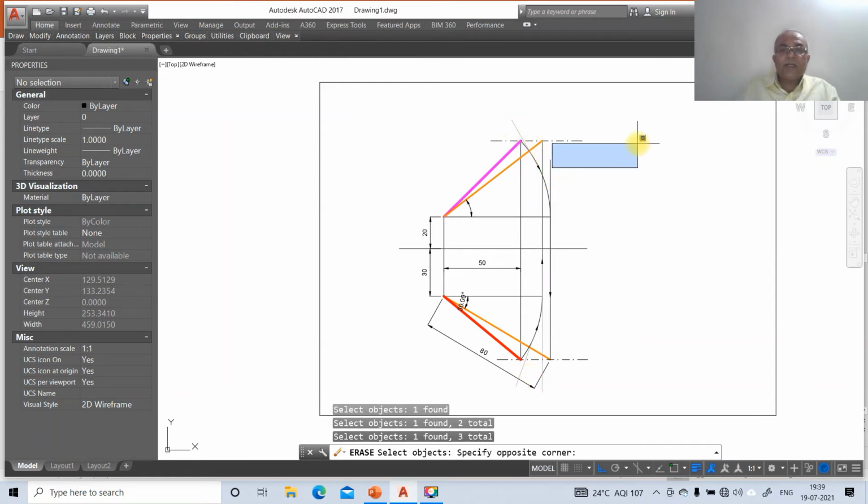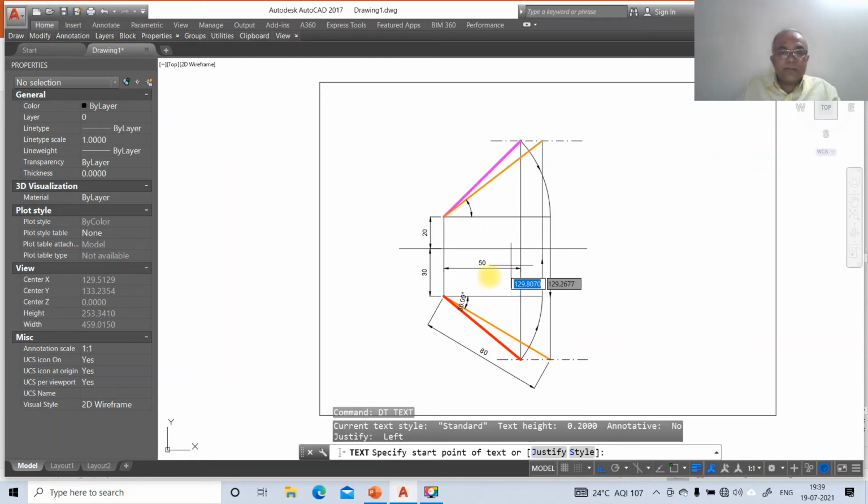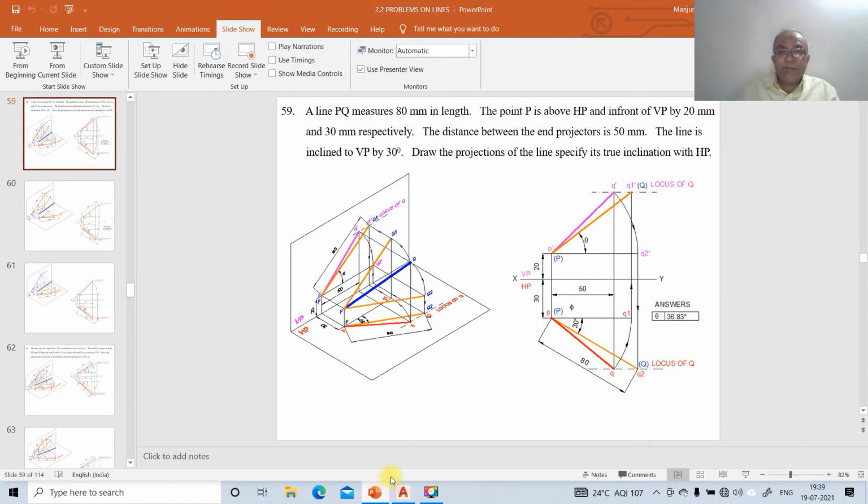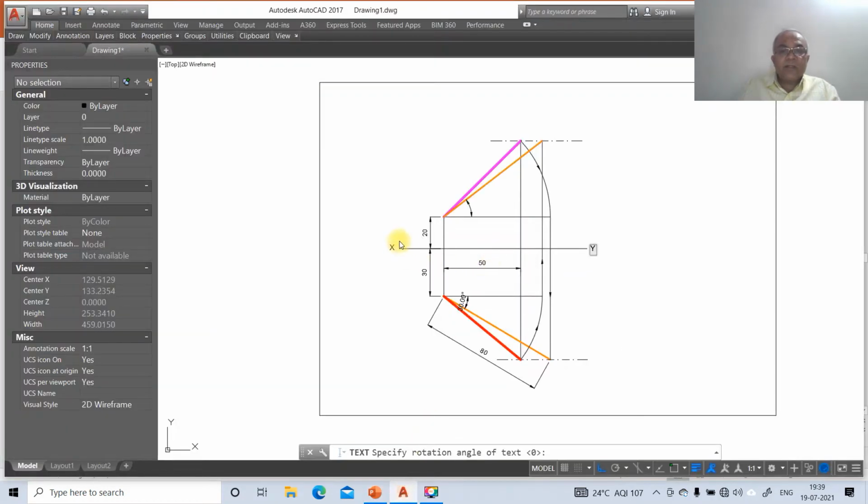Then all the 4 you select. Then go to dtext. So here you mark this point as X, you mark this point as Y. So here P, mark this point as VP, you mark the point as HP. So here you mark this as capital P, here you mark this as capital Q,